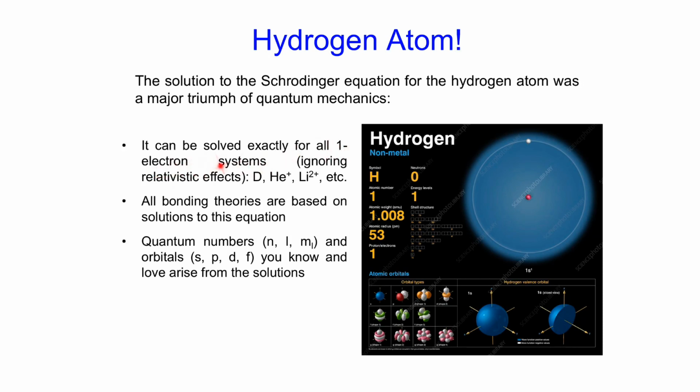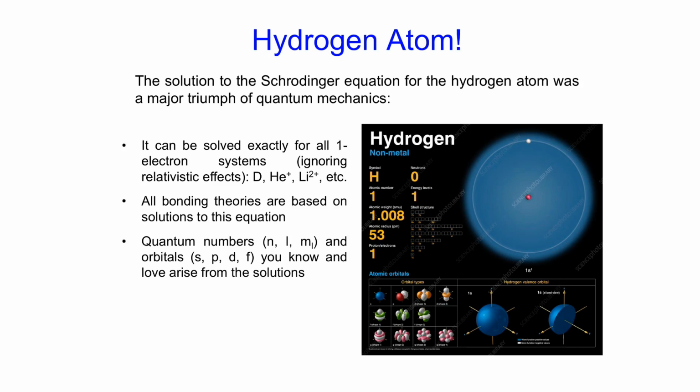So those one electron systems are all going to have exact solutions with our Schrodinger equation. So your deuterium, helium plus, lithium 2 plus, and so on. Okay, and then for the physicists in the audience, the key here is that we are ignoring any relativistic effects. That adds another wrench into our problem. So we're going to leave that to the physicists, and we will stick with our non-relativistic hydrogen atom,